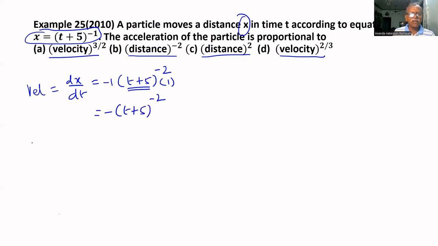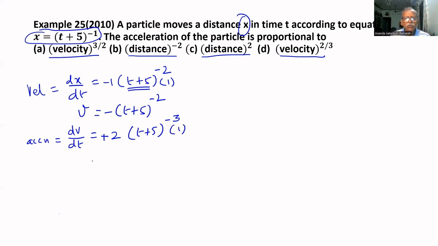This is velocity. We have to find acceleration. Acceleration equal to dv by dt, so again we differentiate. Velocity is given, and this has to be differentiated once again. If we differentiate this, minus of minus 2 is plus 2, t plus 5 to the power minus 3, since minus 2 minus 1 equals minus 3. If we differentiate the inside, you will get 1. So what you got is 2 times t plus 5 to the power minus 3. Now,